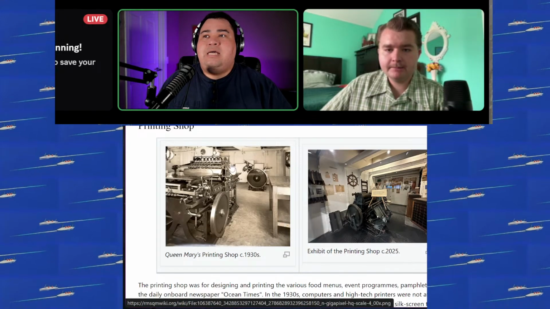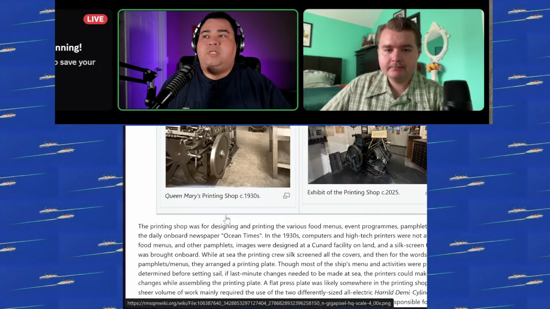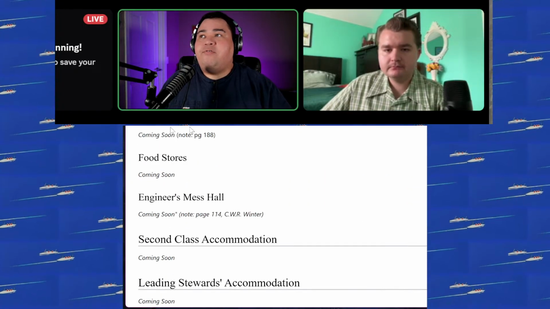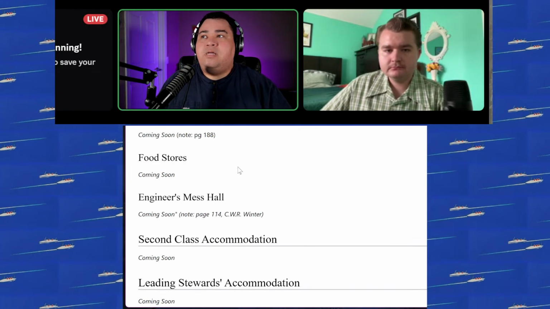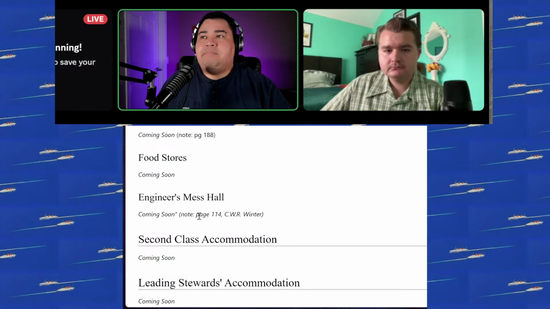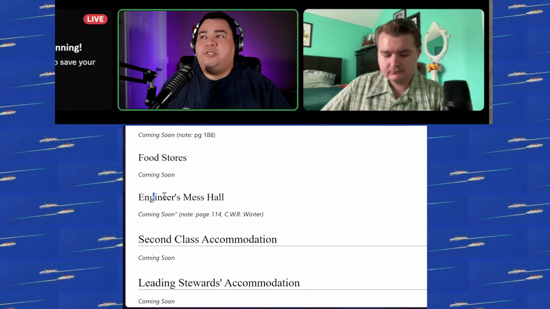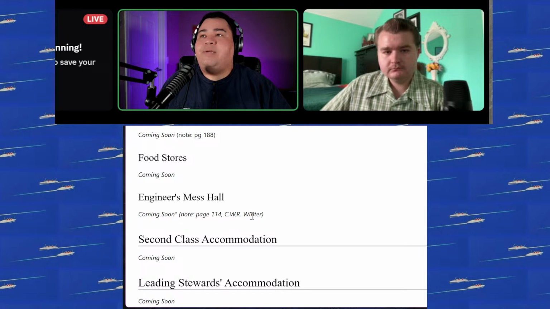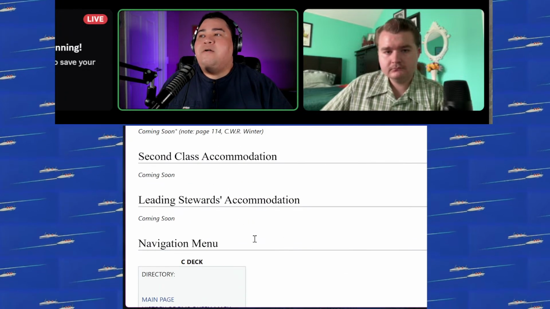I have information on the printing shop and how that worked. I do have information on the ship's hospital and a little bit of information on the food stores, and a little bit on the engineer's mess hall. I've even left notes for myself so I know where to find that information again when I need to work on it.